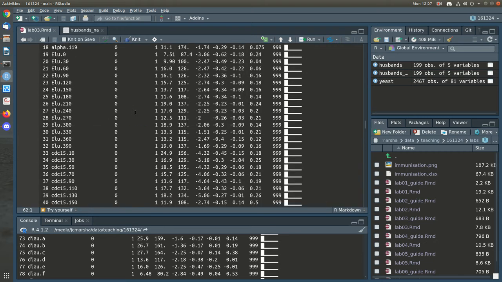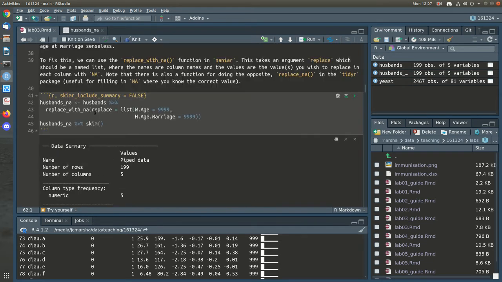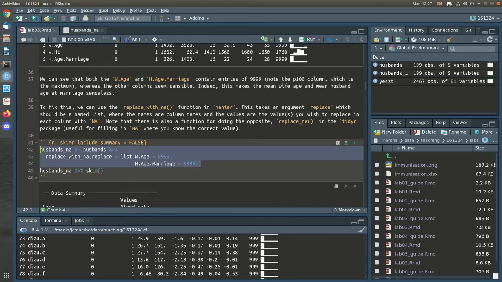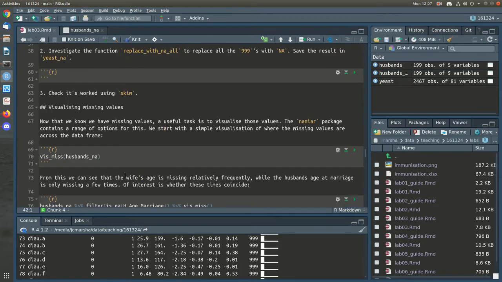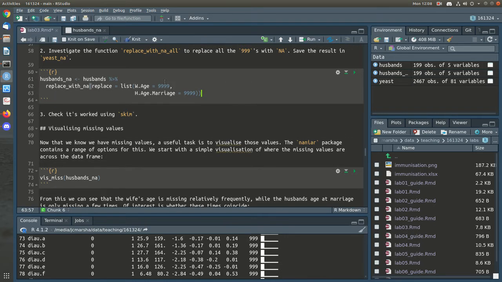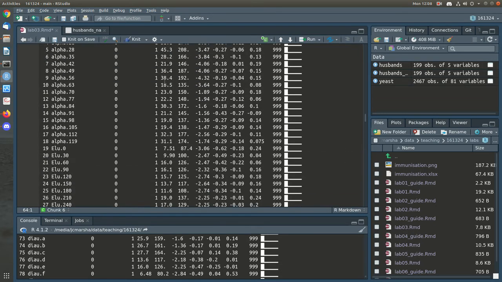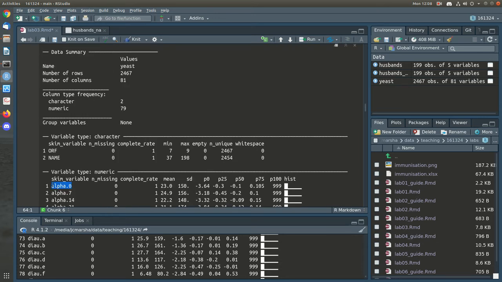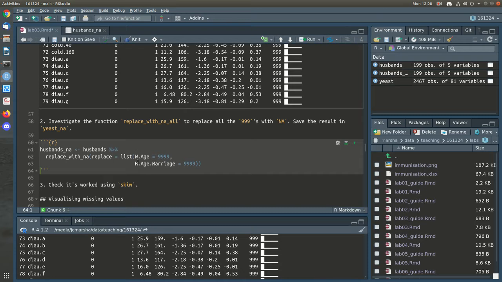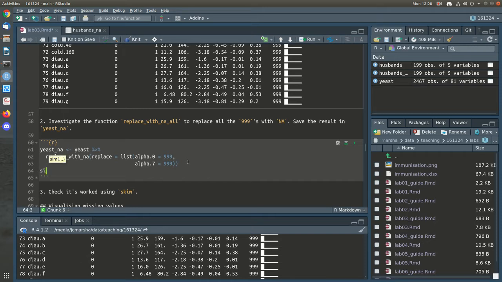We're going to replace them, and we could use the same code that we did before. So we could take that same code and replace with NA, and then we'd have to use each of the column names. So for example, we could use alpha 0 in here and alpha 7, say, and it's 999 that we want to replace. So if we do this, we take the yeast data, and we're going to get another data set, yeast NA. If we do that and then we skim the yeast NA data,